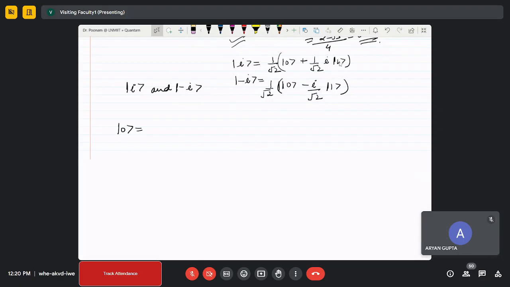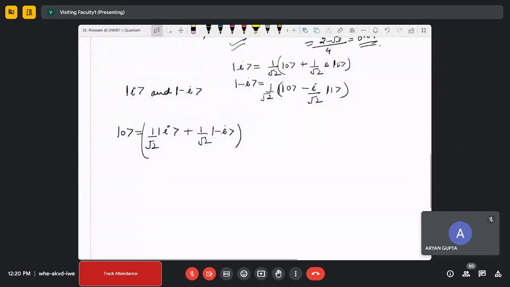So yeah, the first one is 1 upon root 2, and the conjugate is the same one. Here also no change. And your 1 will be